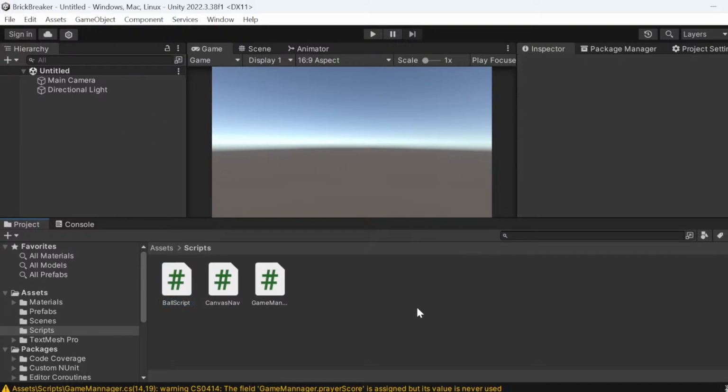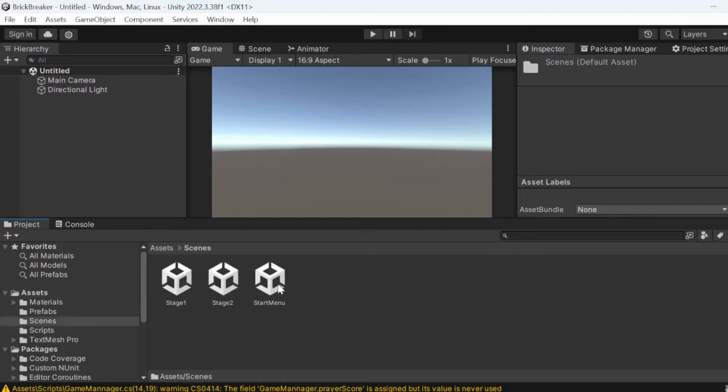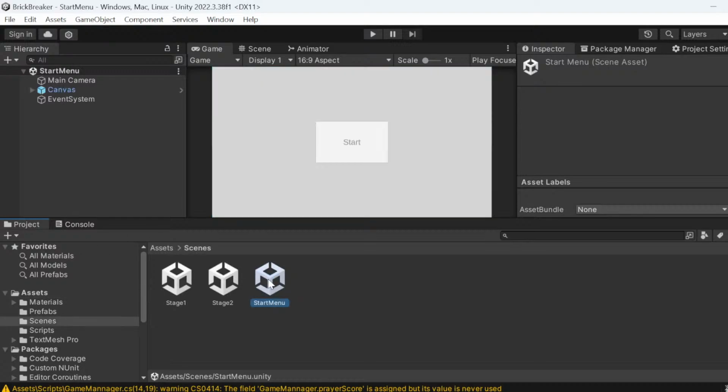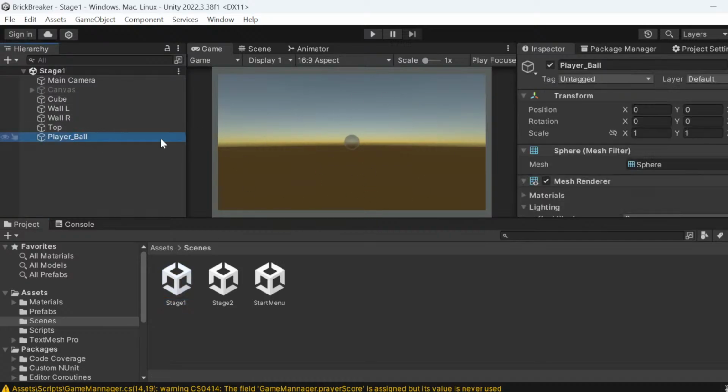It looks like our scenes didn't open. I actually had to clone this to my laptop, so my scenes and stuff are open. So start menu, and then scene. If the scene was in stage 1. Stage 1. If we go to the ball, player ball,